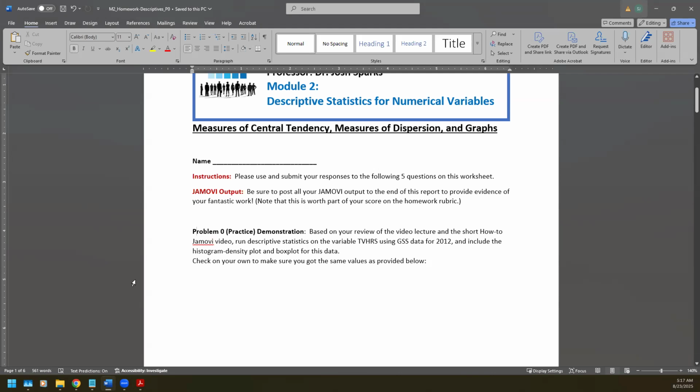So based on the review, the video lecture and how-to video, run descriptive statistics on the variable TV hours. So this is the number of hours of television using GSS data 2012. Include the histogram, density plot and the box plot for this data. If you're not sure about histogram, density plots or box plots or some of the descriptive statistics,